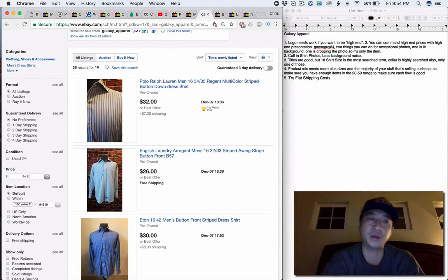And that's going to slow you down when you have different shipping policies because you're going to have to wonder, is this one free? Is this one calculated? Is this one flat rate? And it's going to slow you down. So if you're going to sell shirts, it's faster, in my opinion, to just have one type of shipping policy and stick with it. And if you're going to offer free shipping, in some cases, I recommend not doing best